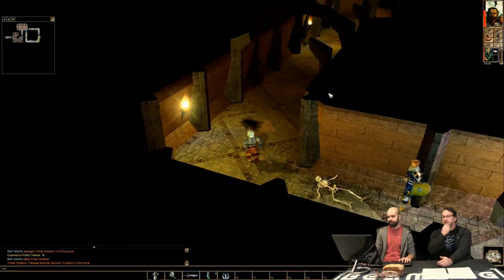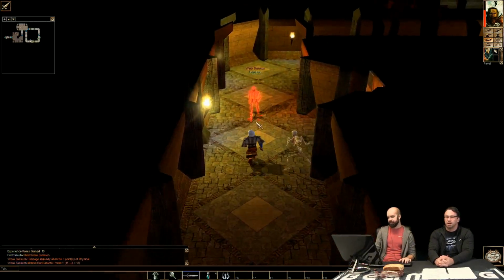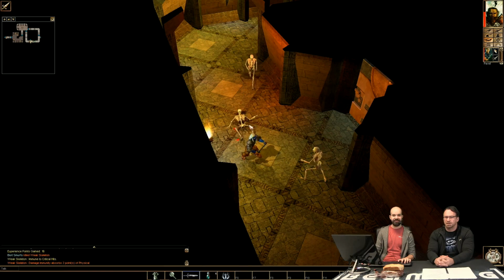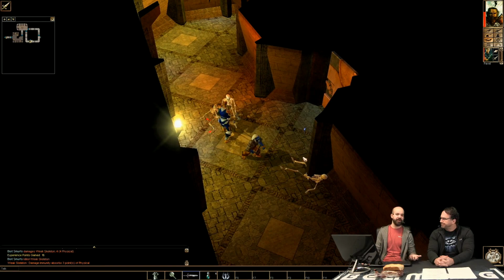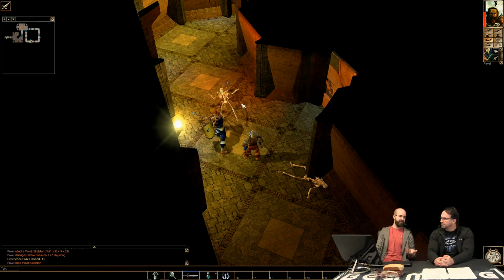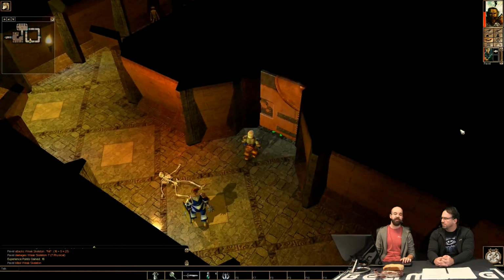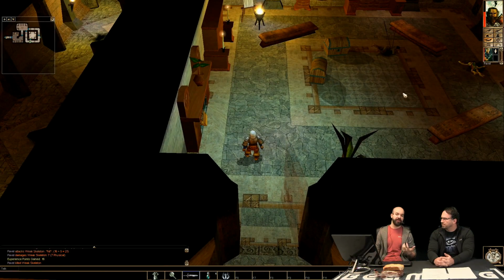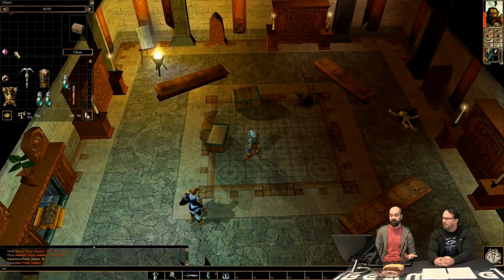I got another question here. Are there plans to add feats and classes that existed in Neverwinter 2, like epic precision and hips for assassins? I think this is another question of if we're building a campaign that calls for them, we'll add them. But other than that, if everyone in the community is like, yes, we want this stuff, it's number one on the Trello board, we'll obviously approach it. But for specific content questions, it's really more about what content are we building? Would it be appropriate there?